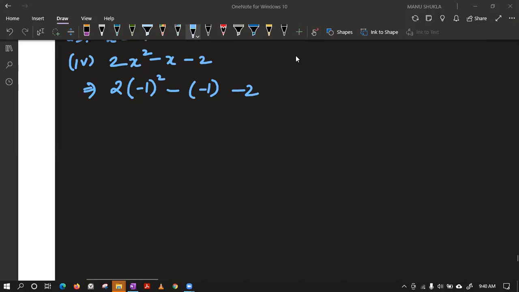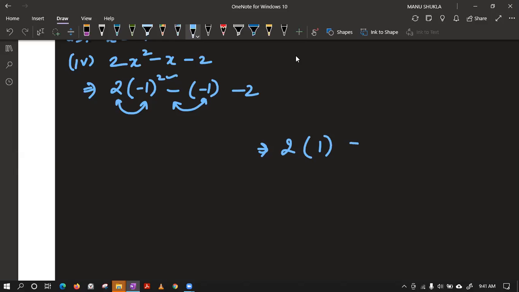Now before multiplying these two, class, we can't multiply them directly. First we have to solve this power. First we have to solve the power. The power is 2 over here. So we all know what is minus 1 power 2. Please tell what is minus 1 power 2. It is plus 1 minus minus 1. What will we get here, beta? Please tell. Minus of minus 1 will give you